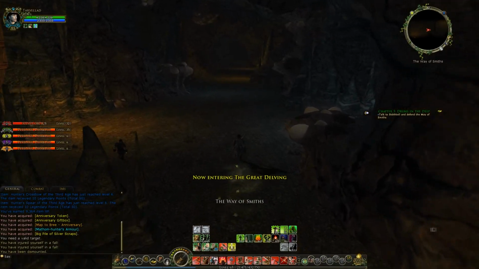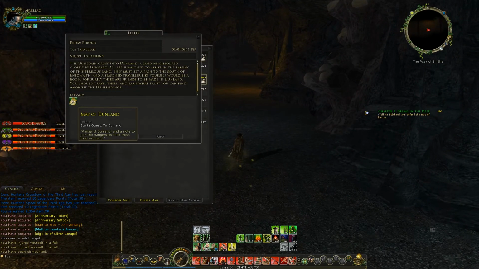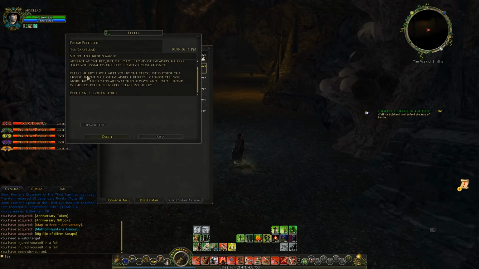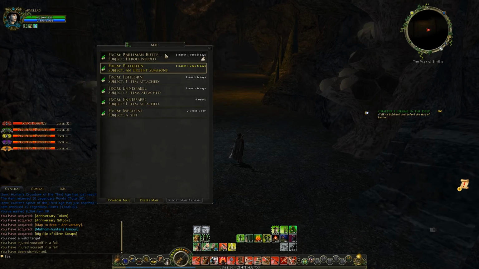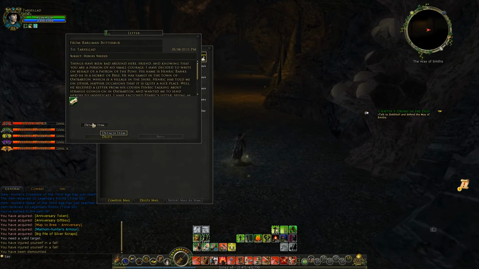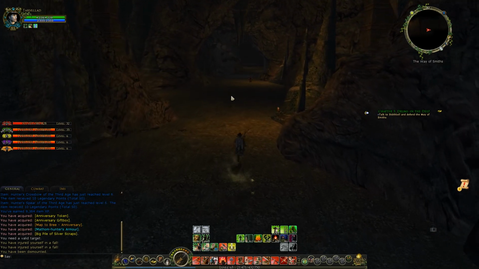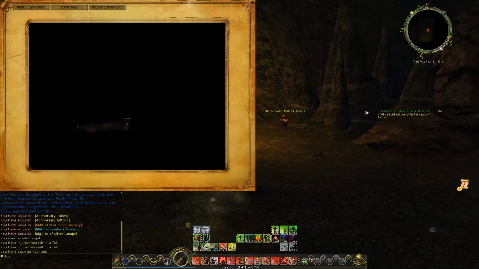Okay, so we approach now to the Way of Smiths, and basically looking at our mail, we have a summon by Elrond with a map to Dunland, and this is another thing which is pretty much just saying go talk to Elrond as well, which is okay. And we also got this stained envelope from Barleyman Butterbur, who is, from what I remember, the guy in the Prancing Pony. So we will have a look into those later, but for now we have to go to the